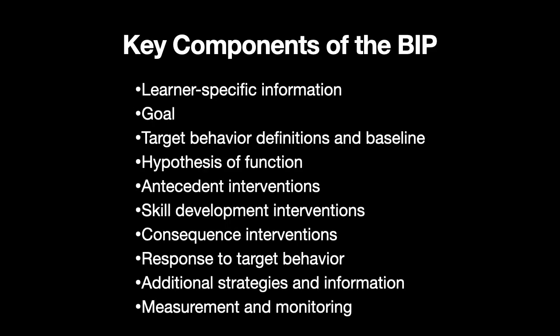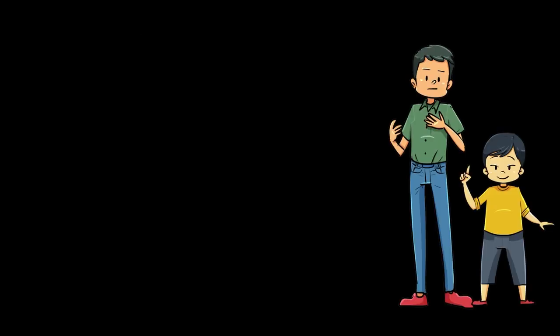There are 10 key components in an effective BIP. These key components include learner-specific information, the goal, target behavior definitions and baseline, hypothesis of function, antecedent interventions, skill development interventions, consequence interventions, response to target behavior, additional strategies and information, and measurement and monitoring procedures. Each of these components builds part of the instruction manual you are creating for an interventionist to address the target